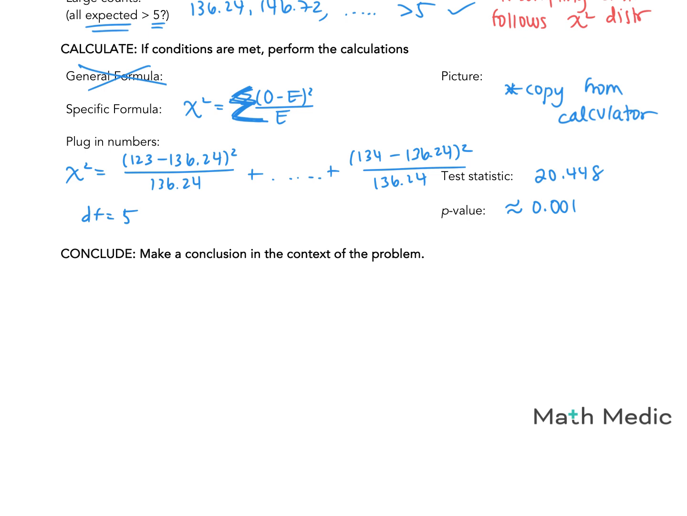And then lastly is the conclusion. So we are going to write a conclusion. I'm going to compare the p-value to alpha. That's what we got, 0.001. Okay, so we will reject the null. So we reject the null, as we have convincing evidence